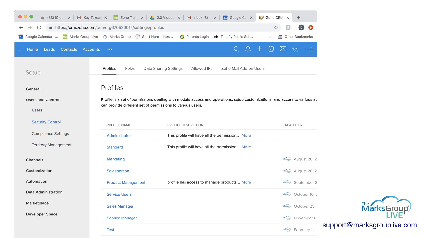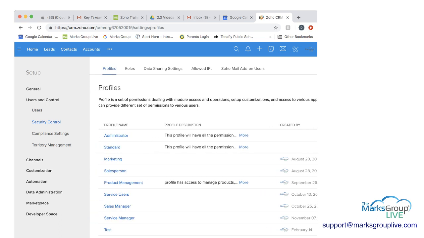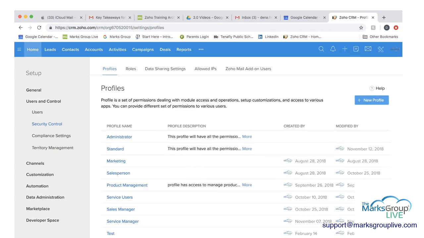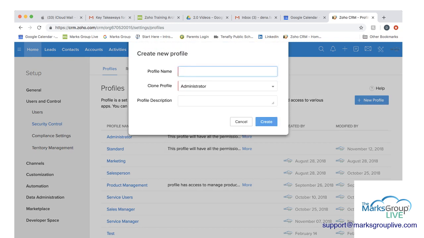Starting with profiles, what you can see here is that we have different profile names. We have the administrator and the standard, which are the ones that come with Zoho, and then you can create other types as well. So here, we're going to create a new profile, and I'll show you what to do here. You're going to click New Profile, and then you're going to add that profile name. So here, let's call it just Profile